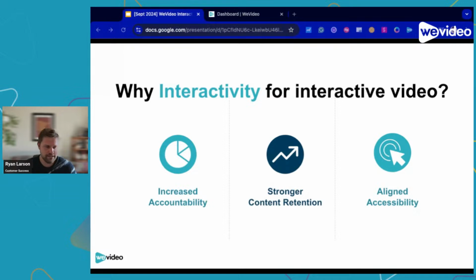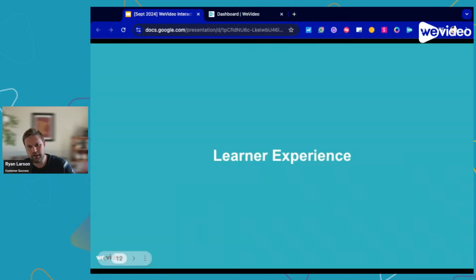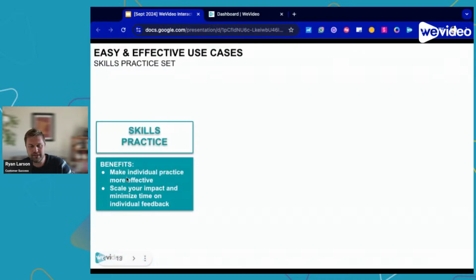And so these are some of the pillars that I like to think about for why interactive video and why we should continue or why we should choose interactive video in our plethora of choices as a teacher. Let's now go in and talk a little bit about what your learners are going to experience from their end. So to start,